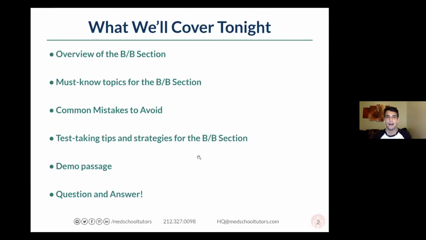So basically, just a quick overview of what we'll cover tonight. We're going to start off with just an overview of the Biochem section. I'm just going to refer to this section as the BB section from here on out. We're going to talk about the must-know topics for this section. So, of course, if you're studying for the MCAT, it's going to be like drinking from a fire hose. There's so much to know, but we're just going to focus on what I think are things that are absolutely essential. So when I say that, I mean like you should devote enough time to actually know this like the back of your hand. There are definitely some topics on the MCAT that are higher yield than others, and we'll talk about that going forward.